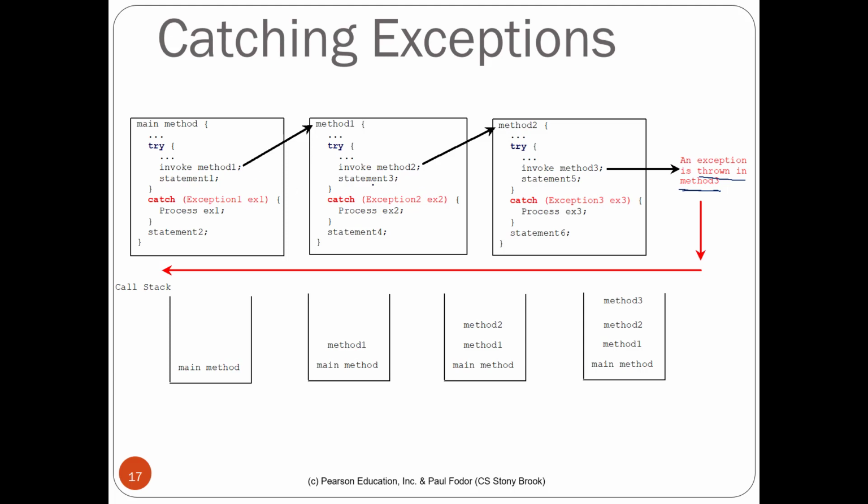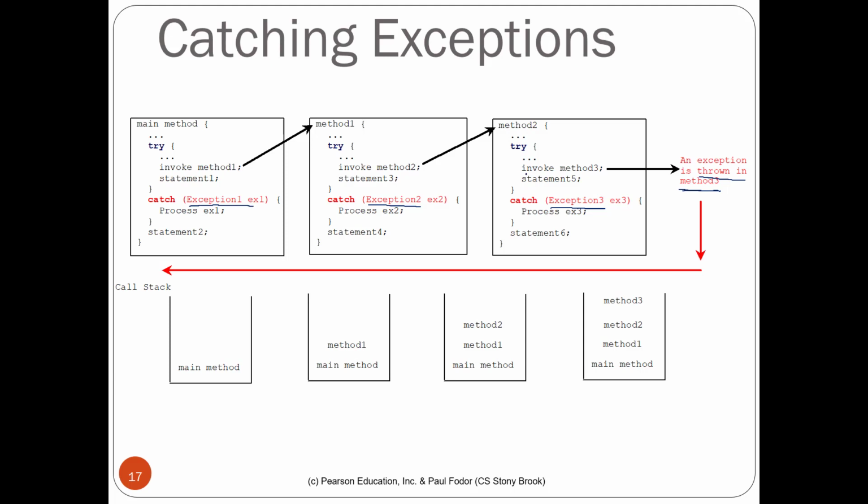exception 1. So in this interesting scenario, if you look at the type of exceptions in the catch blocks, exception 1, exception 2 and exception 3, it seems that these different methods like the main method, method 1 and method 2 are capable of handling different kinds of exceptions. So for that reason, the class of the exception in the catch of the main method is exception 1. In method 1 it is exception 2. In method 2 it's of type exception 3. Anyway,